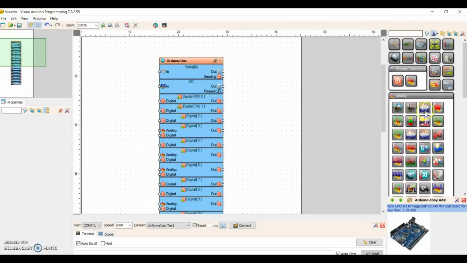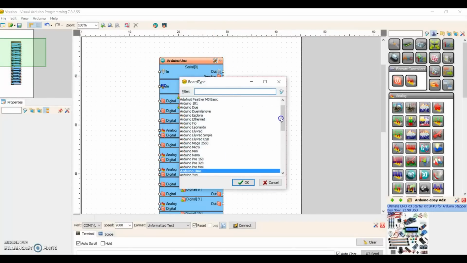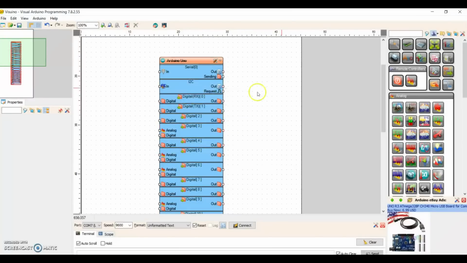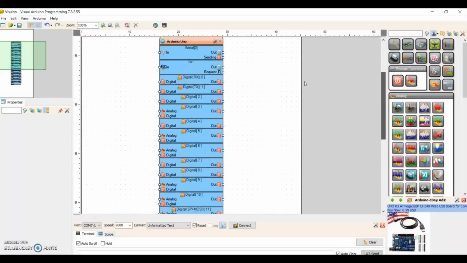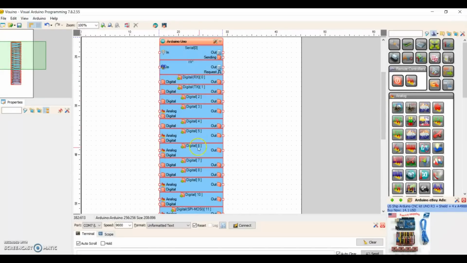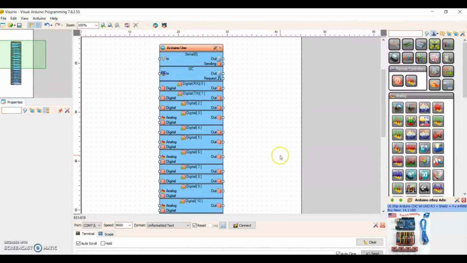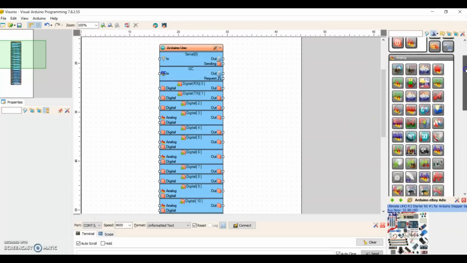And this is how it looks like. This is your main board which you're using. Here I'm using Arduino Uno, and you can change your board if you're using any other board, no problem in that. You can use Arduino Uno, Arduino Mega, Arduino Pro Mini, ESP8266 and many others. So Arduino Uno, okay, and here it shows all the configuration of the Arduino board, digital pins, analog pins, all the inputs, all the outputs, and this is your main toolbar. Here you have all your components that you are using in your hardware.